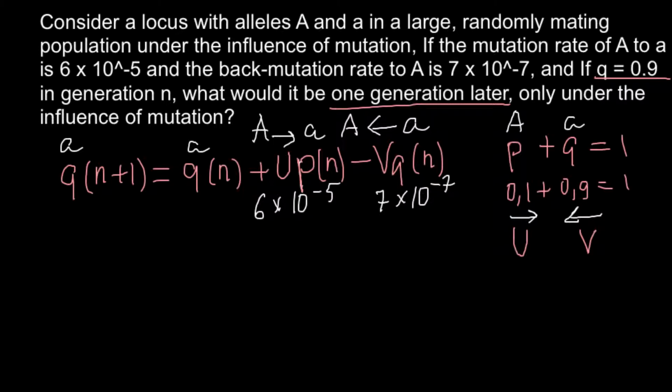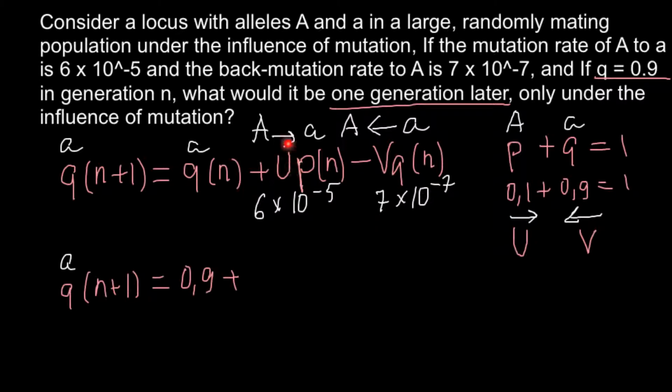So the frequency of the recessive allele A in the next generation, n plus 1, would equal the frequency of the recessive allele A, and this is going to be 0.9, where n stands for the current generation. So as you see, this is the frequency of this allele in the current generation, plus